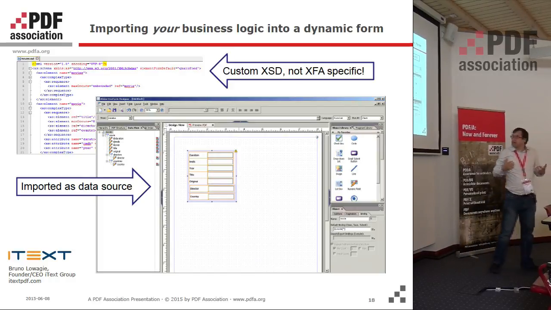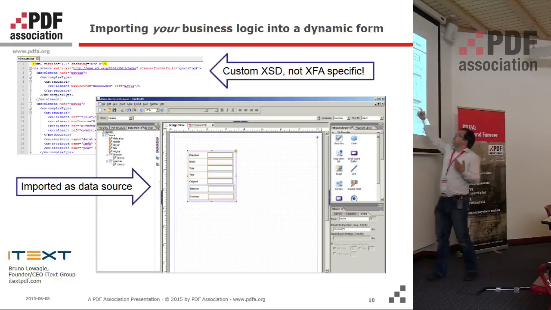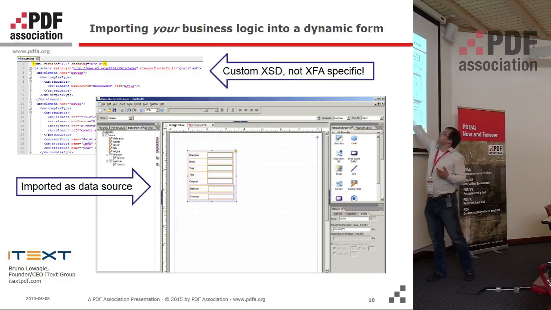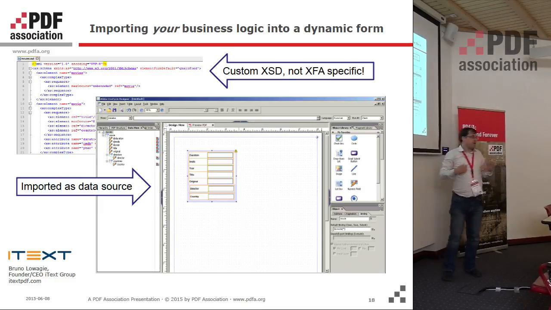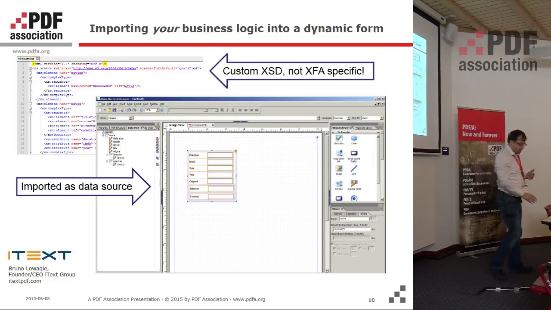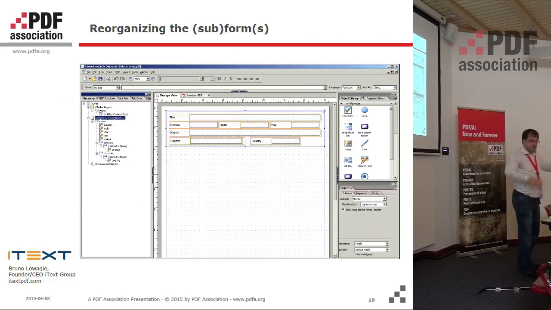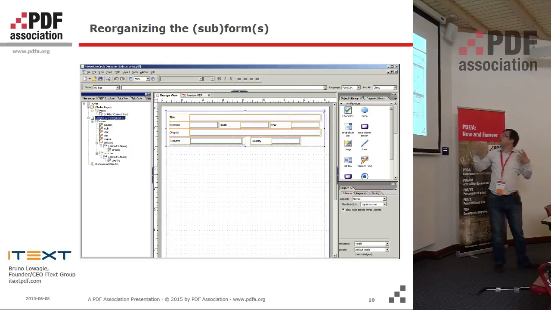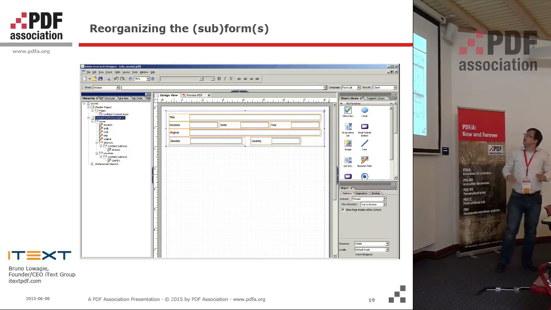And the info that is needed is how many times should this be repeated? For instance, you say that there can be more than one director. How are we going to deal with this? So then you reorganize, you restructure your form, and you deal with all the yellow triangles, and you get